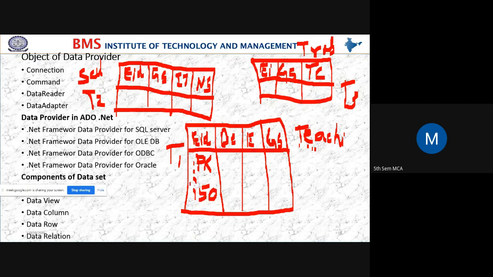Out of 150, 10 may be from the same branch. Branch is nothing but the department. 10 employees may be from the same department, and 50 may have the same experience. Yes, is it right?